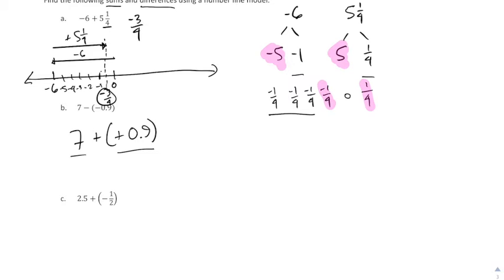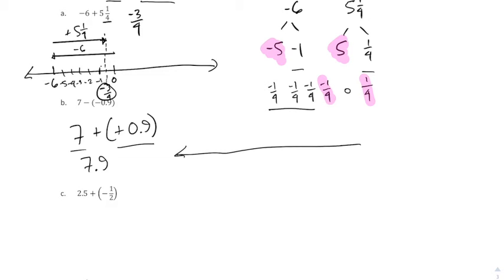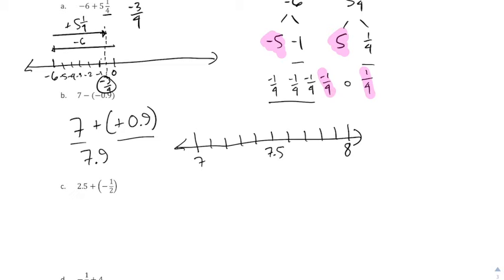7 and 9/10 is just like it sounds, 7 and 9/10. And for this one, it's going to be much easier for me if I start at 7. 1, 2, 3, 4, 5. 1, 2, 3, 4, 5. So that's going to be 8 there. I started at 7, and then I add 9 out of my 10/10, and I get to 7 and 9/10